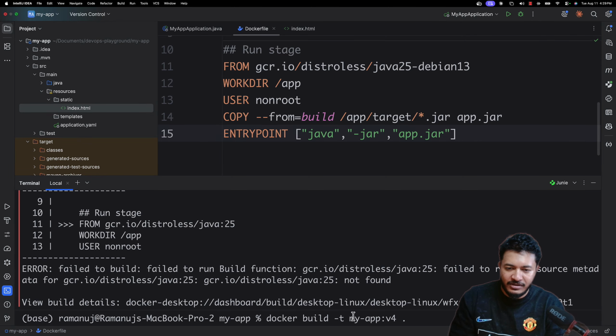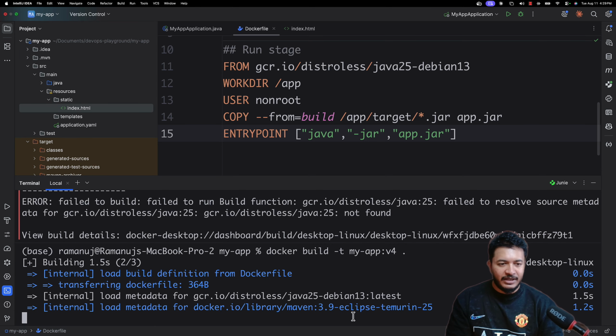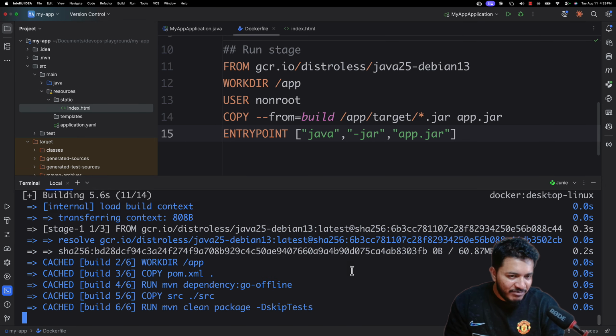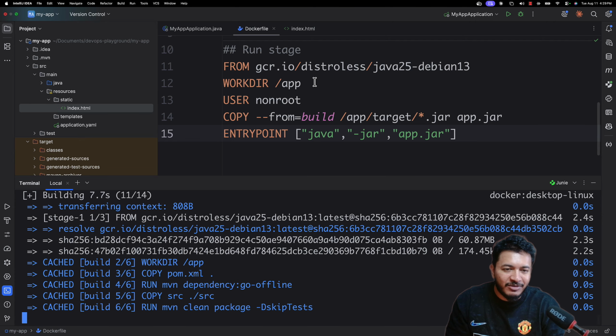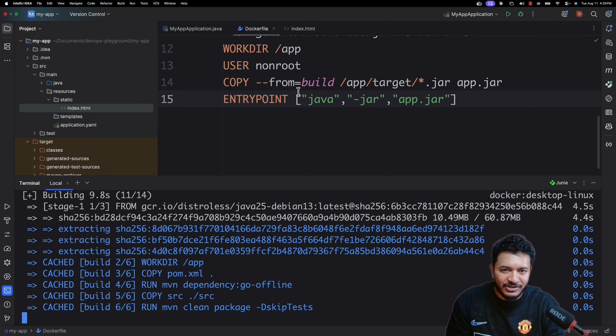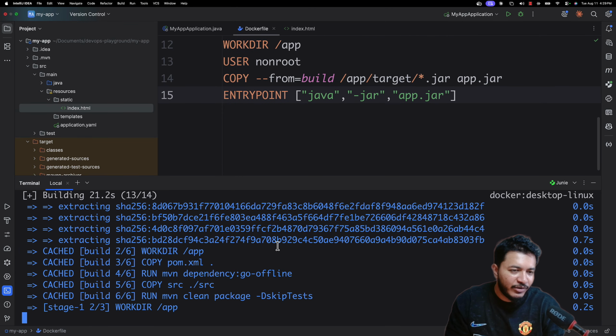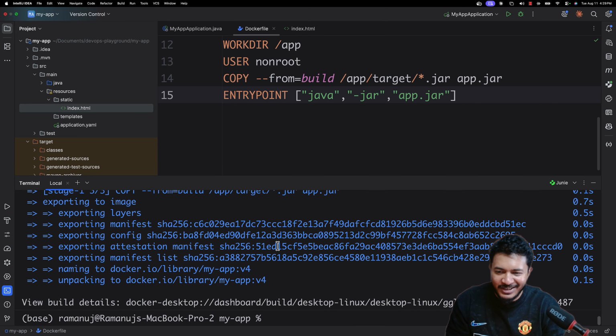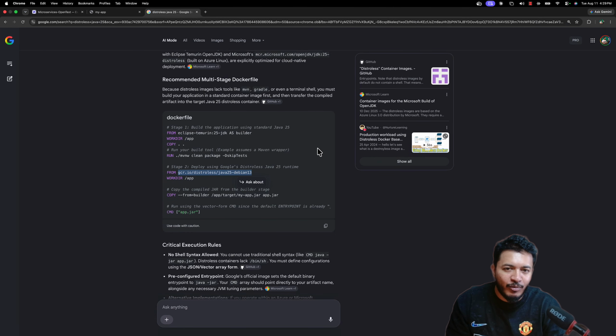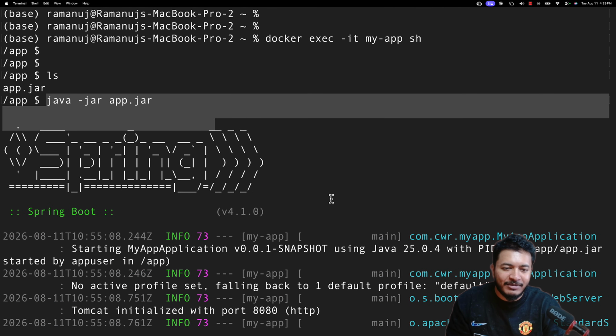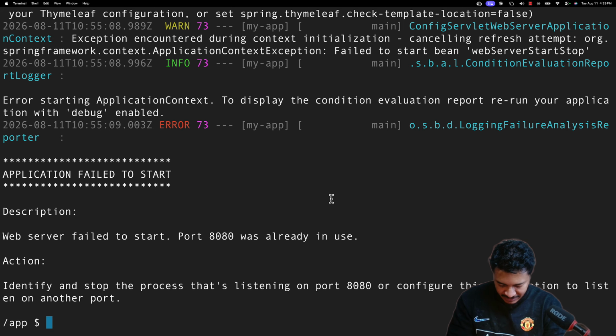If I try to build with app v4, you see it's going to build, right? It will take some time only for the run stage. The build stage is not going to take time. So only for the run stage, it's going to take a few seconds, because the major part, the dependency download, it is not doing, right? So I got the v4 version, and now what I'm going to do quickly is exit from here,